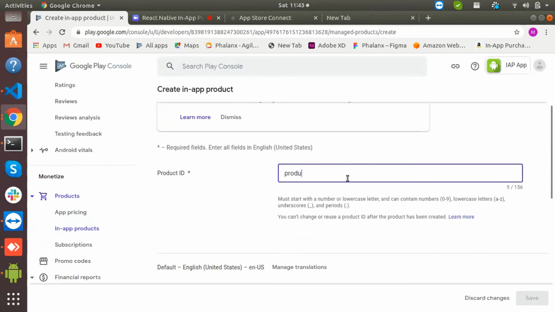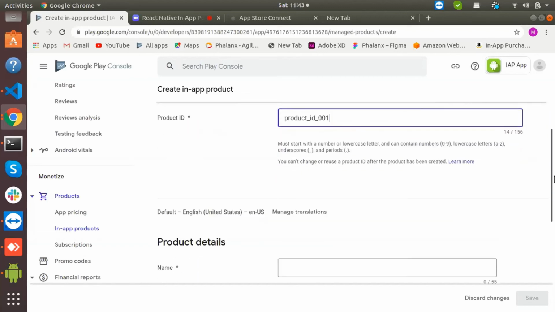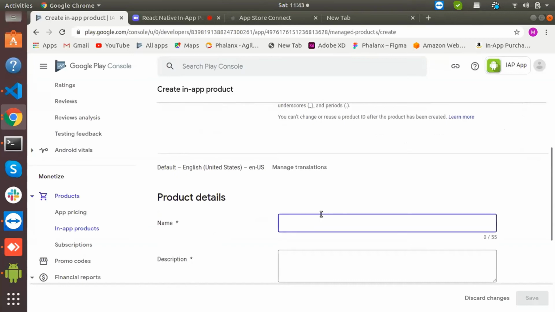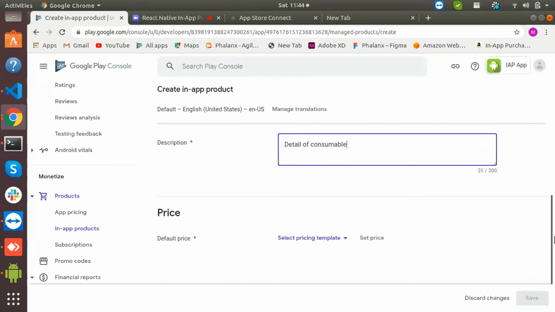So this will be my product ID. Then we need to give the product name. First we will see the consumable product. Then we need to give the description. I'm giving just test details here.